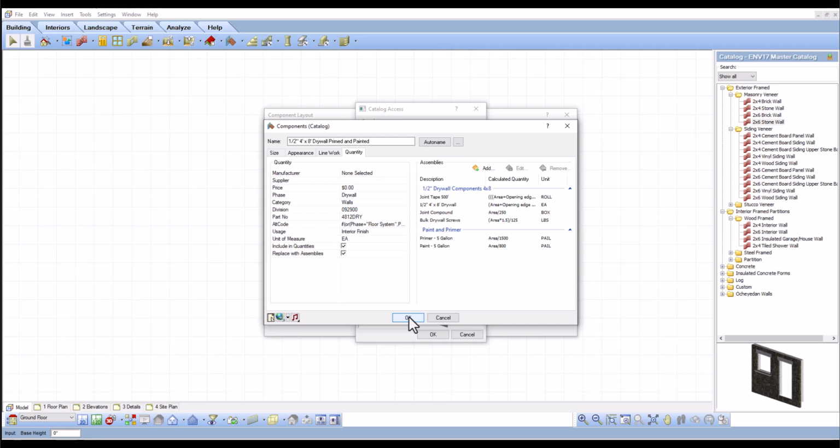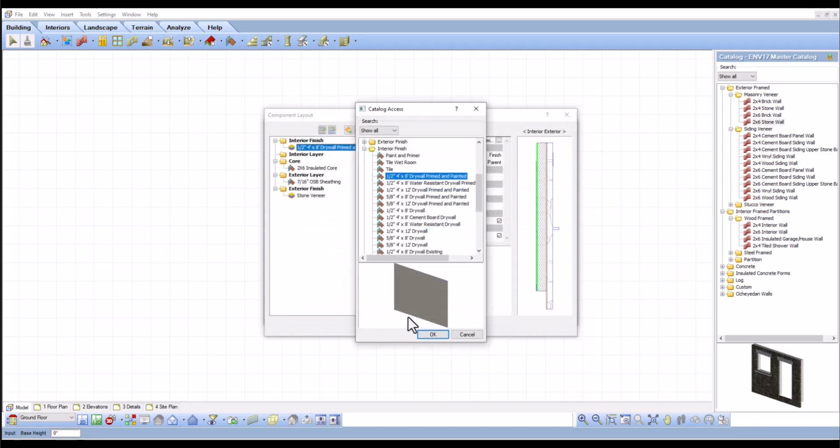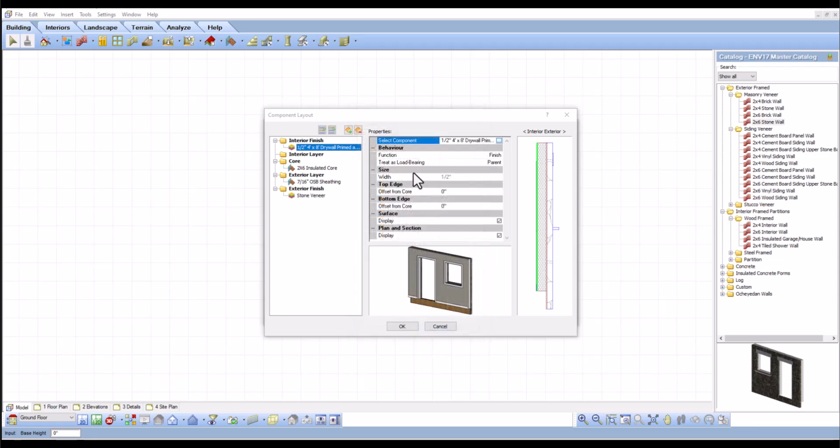We're going to click OK to the Components dialog. We're also going to click OK to the Catalog Access, and this will bring us back to the Component Layout. In the Component Layout, you can also pick the function for the component here. The function can be set as a structure, as a sheathing, as a barrier, as insulation, or as a finish. The function determines the properties that will be listed in this dialog box, and we're going to set ours back